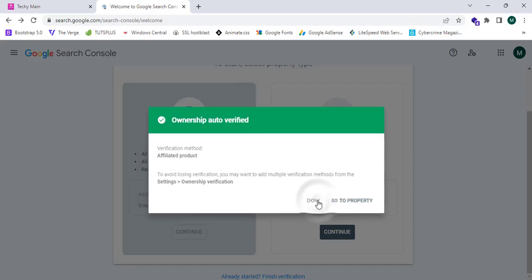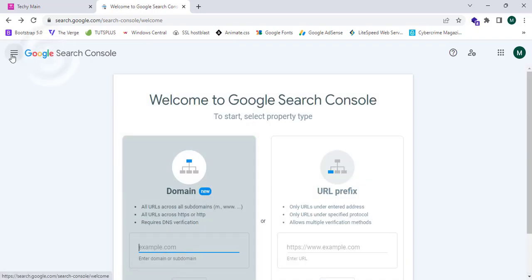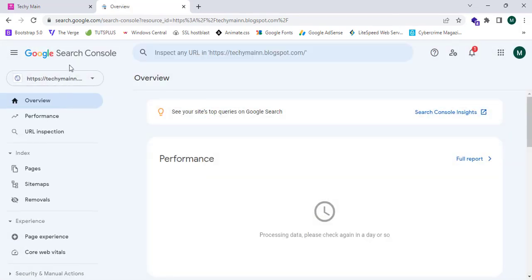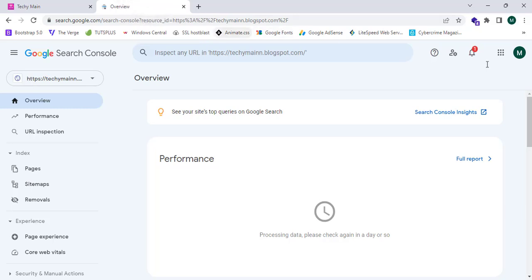So now I'm going to click on done, and when I proceed to Google Search Console, I can select this property. As I am using the same email address for my blog and the Google Search Console, it will verify automatically and easily. But